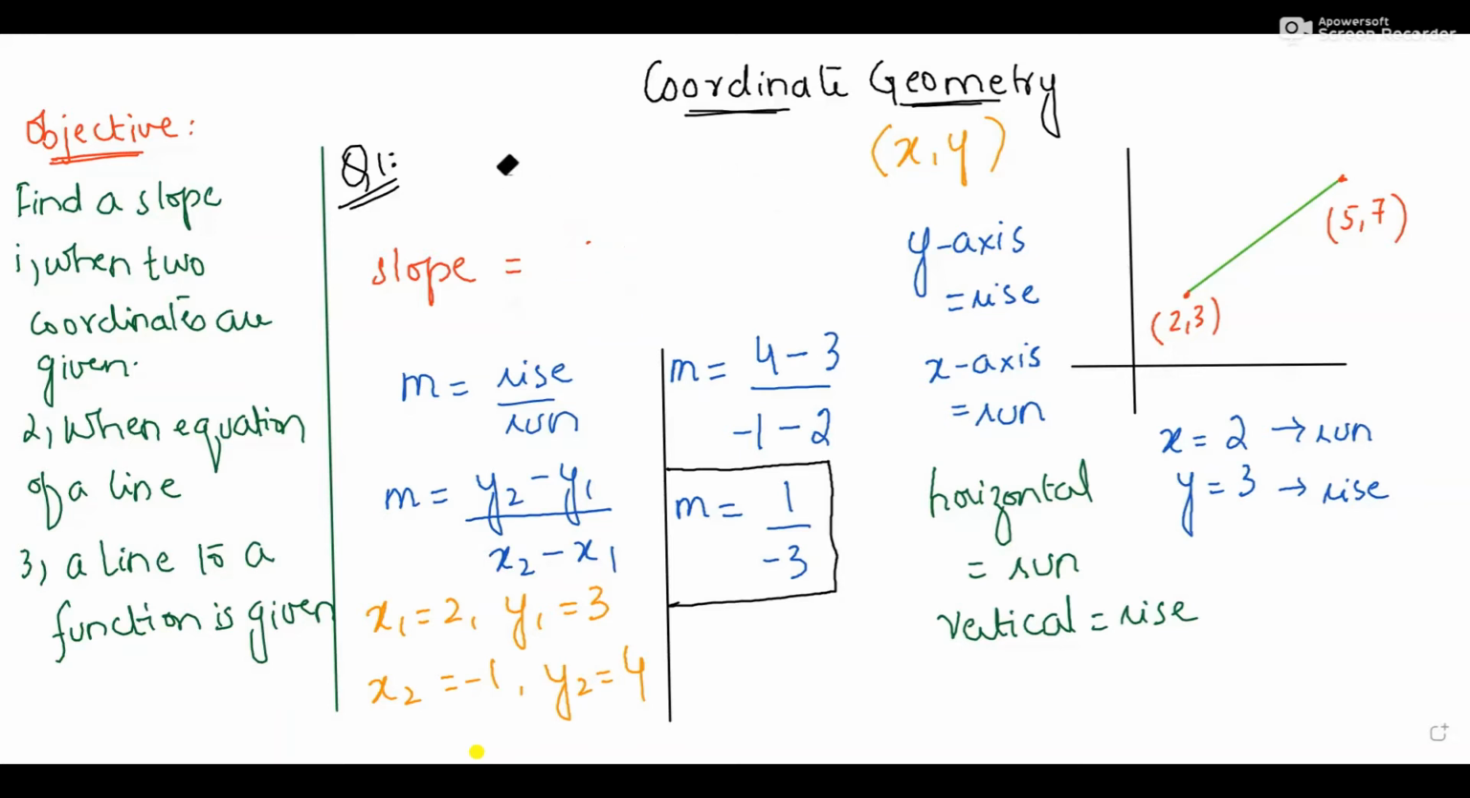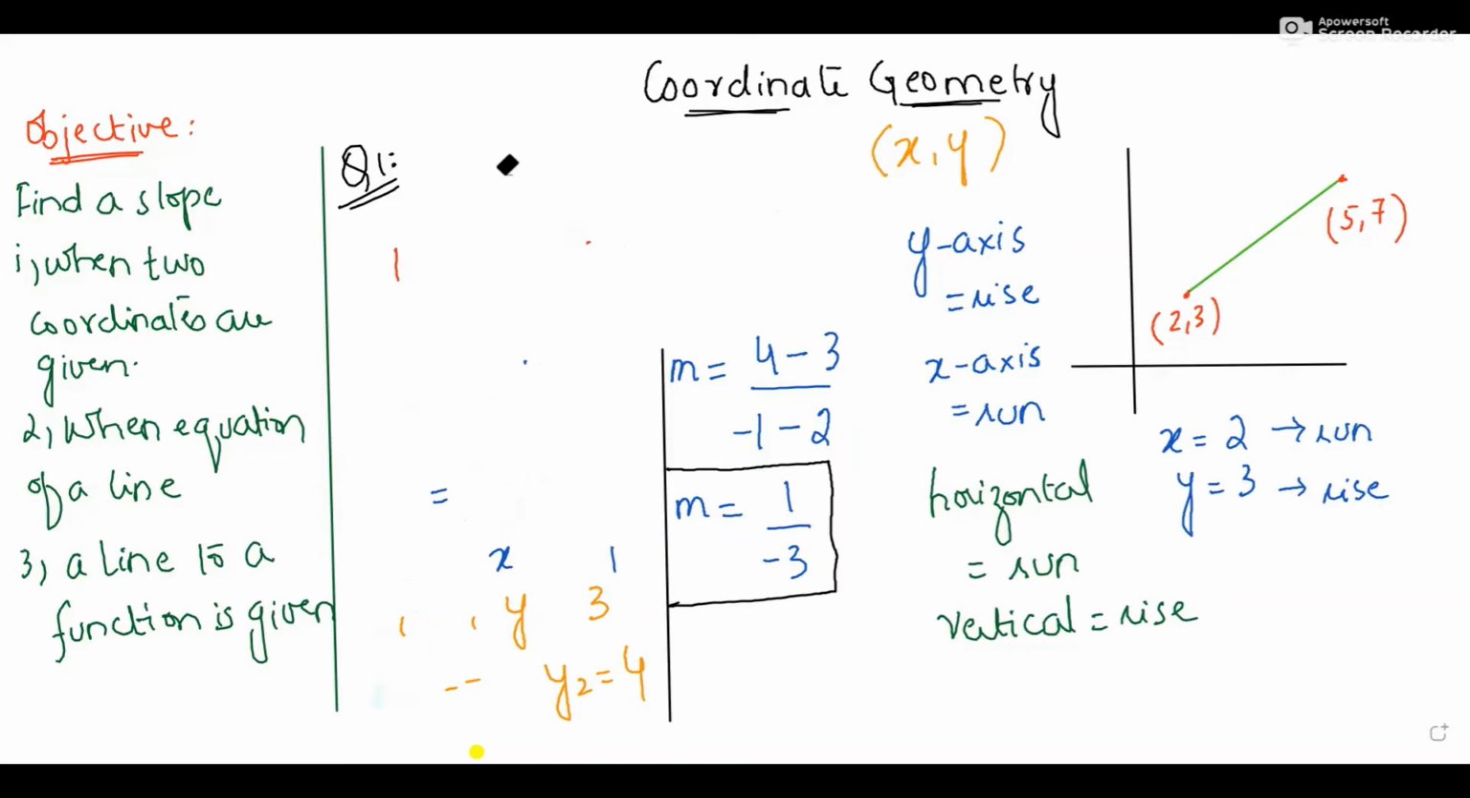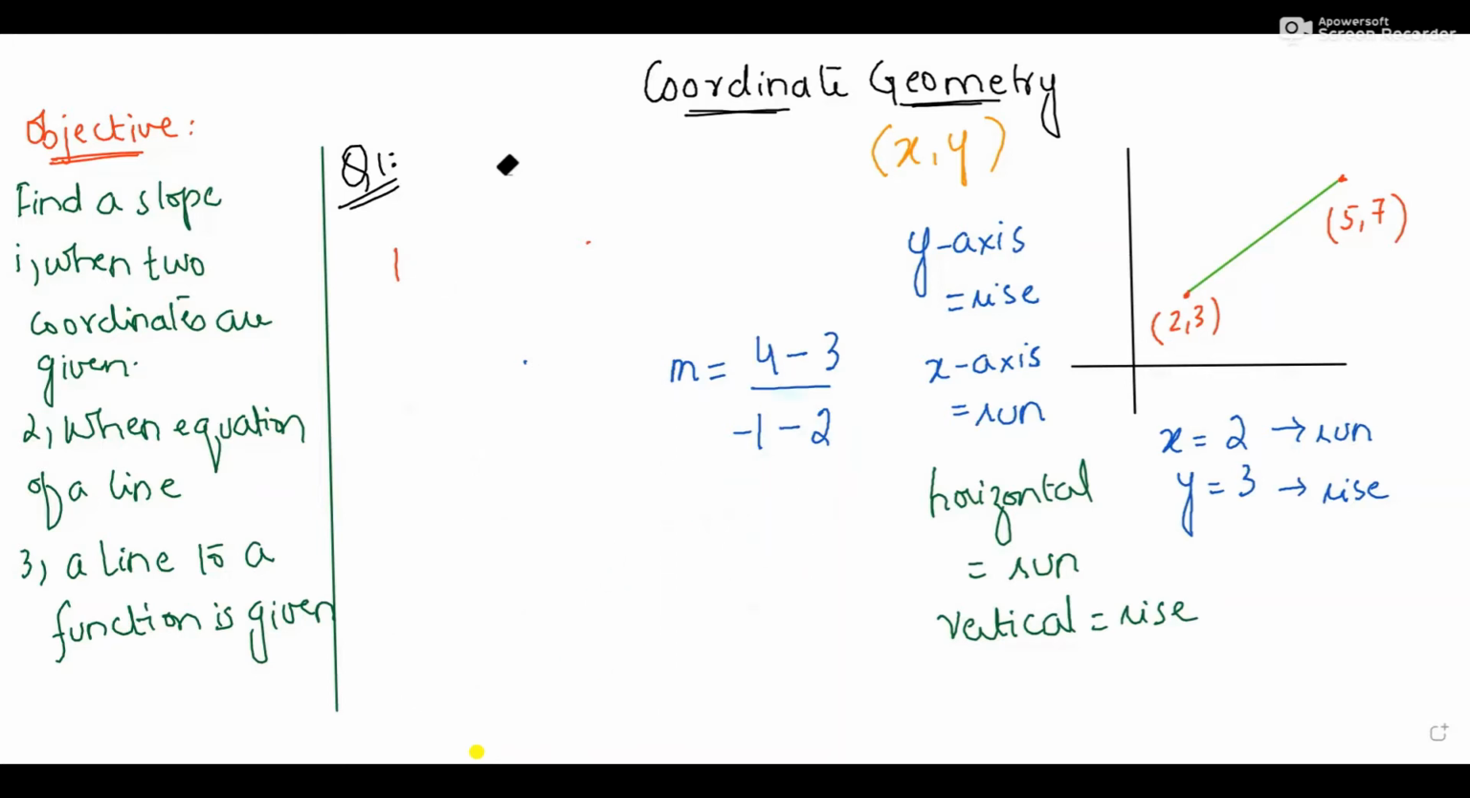So for example, if you have been provided with the equation like x minus 2y plus 4 equals to 0. This is our first question. Similarly, the second question is